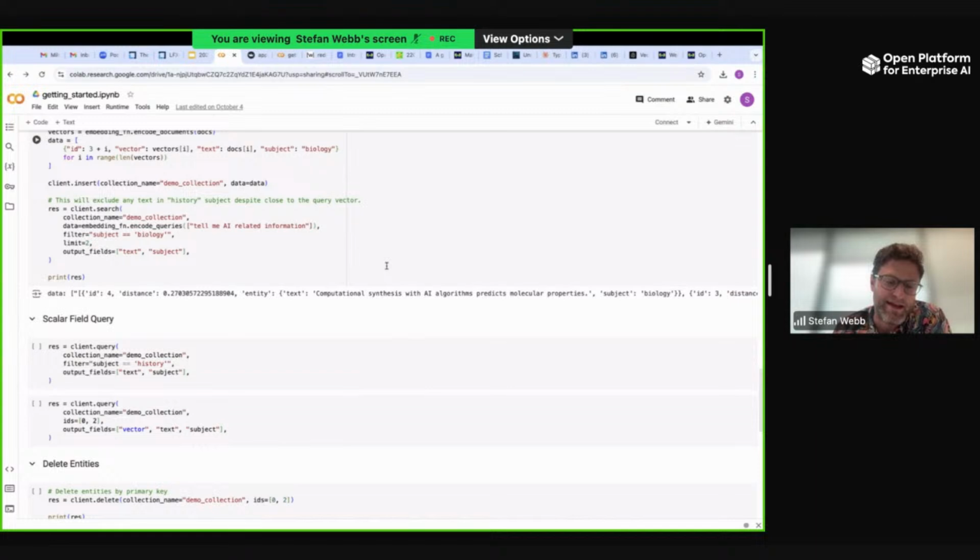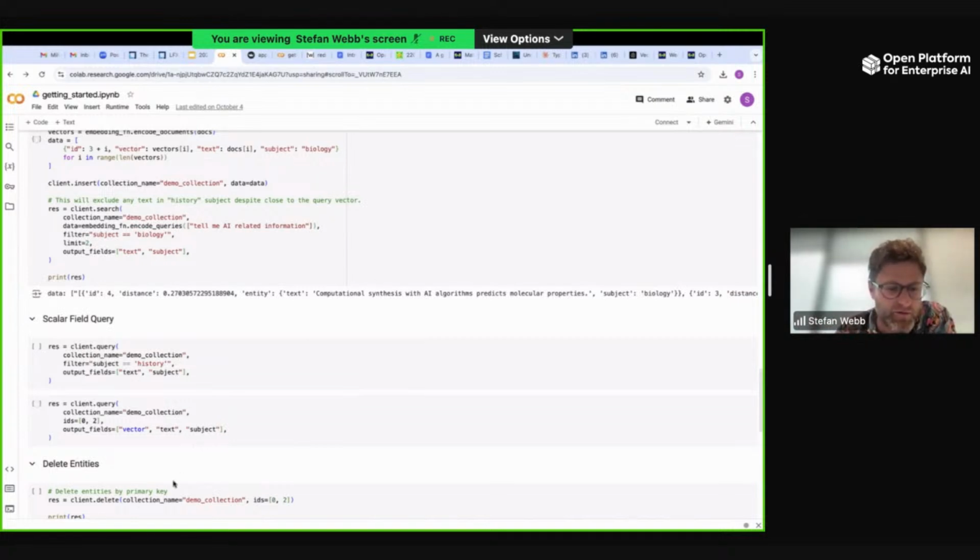But where it comes into play is that before we perform a search, we have to build an indexing structure to help us do this search efficiently. It's a data structure that we can navigate to work out which subset of the vector database we should be looking in. And so that will be built with a specific metric in mind.